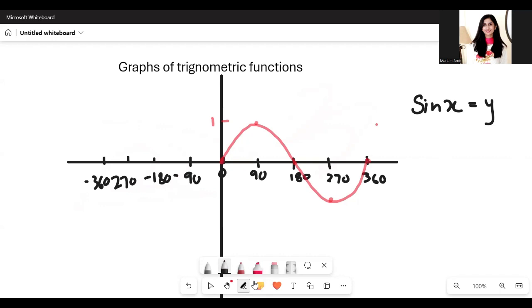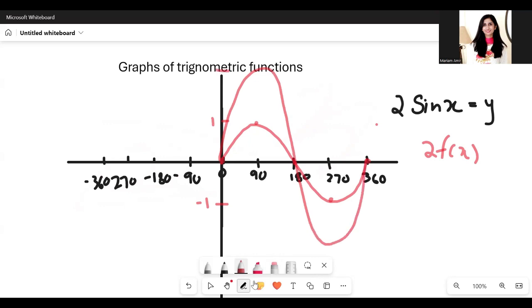Okay. Now let's talk about the graph of 2 sine x. This value, by the way, was -1 earlier. Okay. Now, if this becomes 2 sine x, then we've already discussed in transformations of functions that the graph gets stretched by scale factor 2 parallel to the y-axis. That means it's now going to look like this. Nothing is going to happen to the x values, but the y values would double. So you'll get a 2 here, you'll get a -2 here. So this would be the graph of